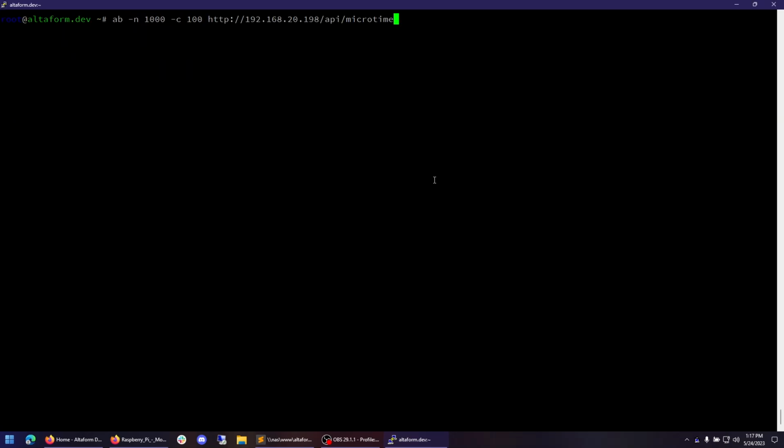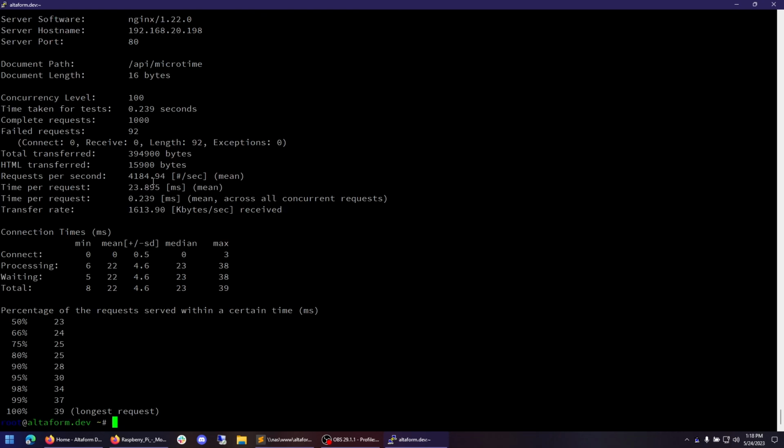To demonstrate that level of performance, let's actually try this on my Xeon Gold server. We can see we are getting well over 4,000 requests per second on a single box. And again, this is all without any page caching. This is processing the entirety of the framework on every single request.